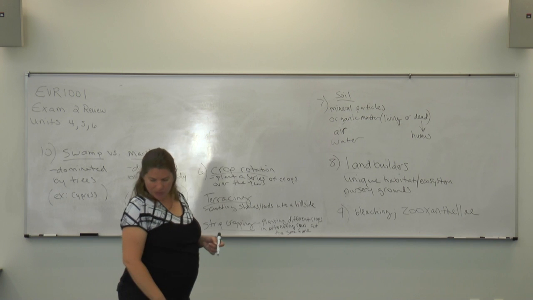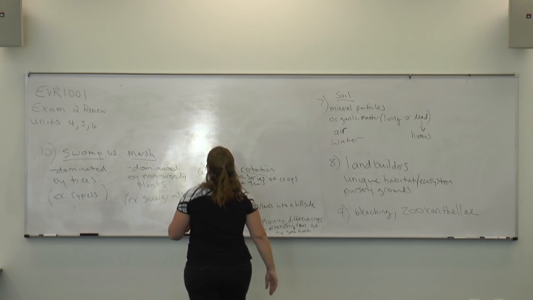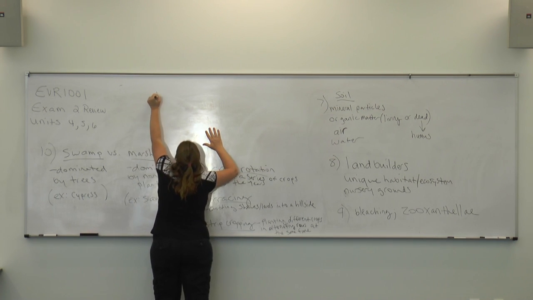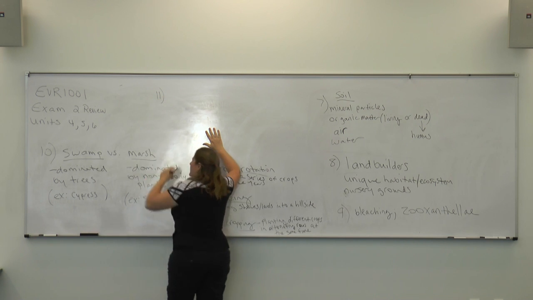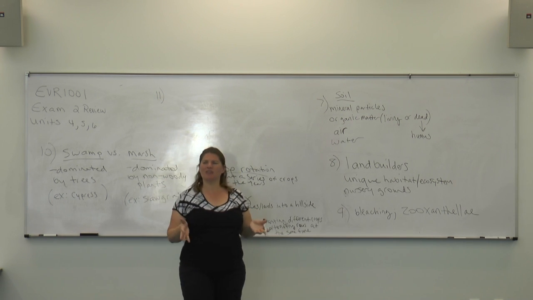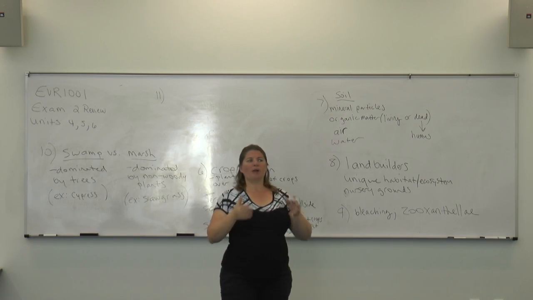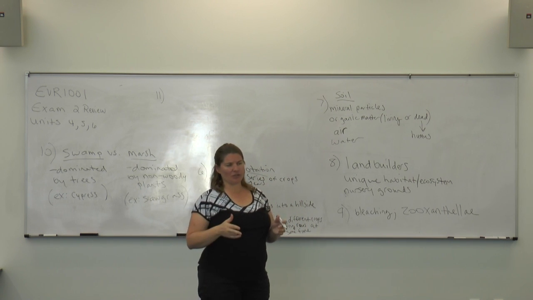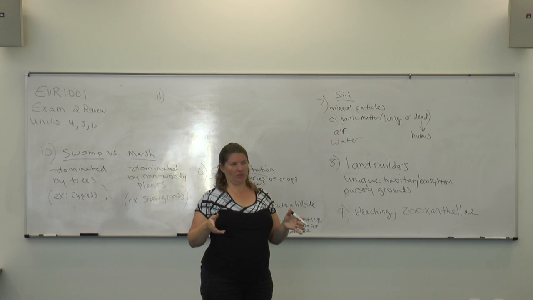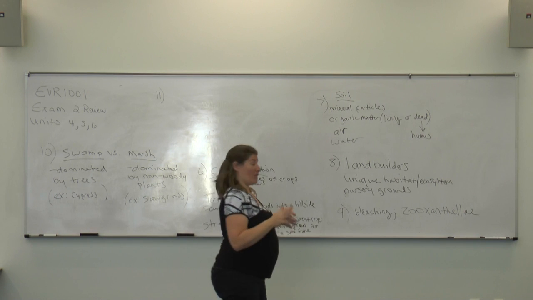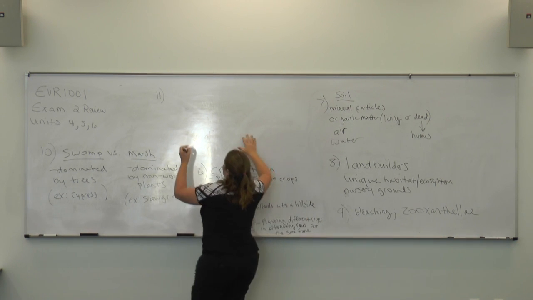Estuary questions. All right, so number 11, what is an estuary? So estuaries have what kind of water? Brackish water. What does that mean? Brackish water is a mixture of what? Salt and fresh. Everybody knew that, okay? All right, so estuaries